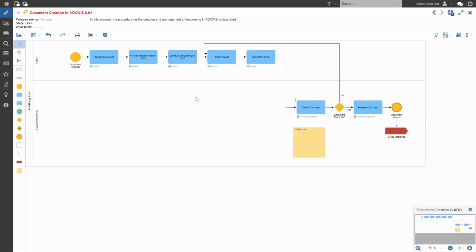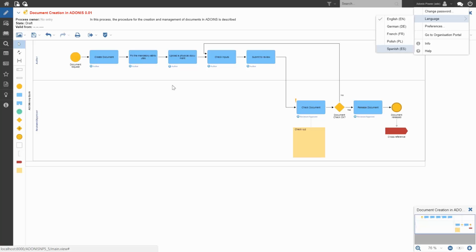Okay, so moving away then just from the modeling editor, we want to take a look now at some of the translation and document control functionalities that are available in ADONIS NP 5.5. So especially from the translation perspective, this application scenario is only going to apply to companies who are maybe operating in more than one language or have operations in more than one country. In this demo environment, I've got language support for German, French, Polish, and Spanish. So we can just run through a quick example here.